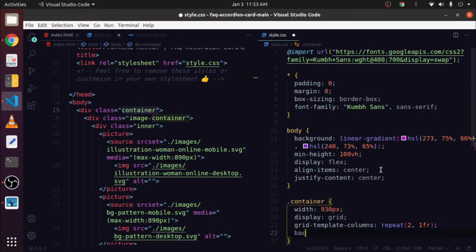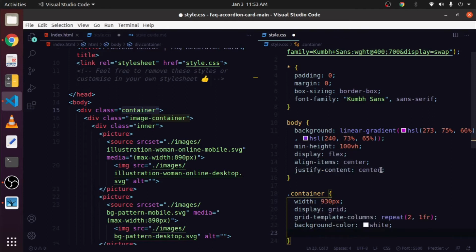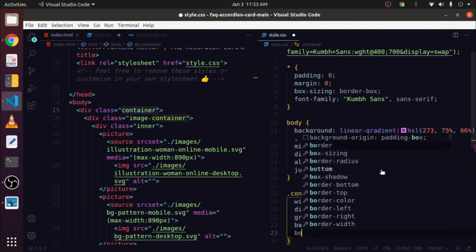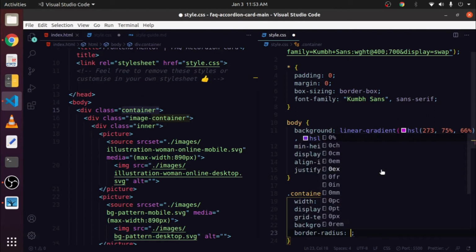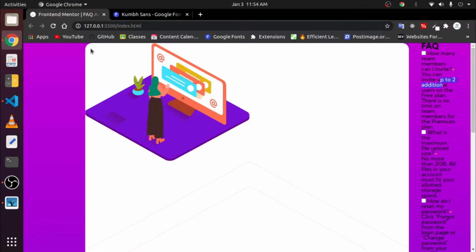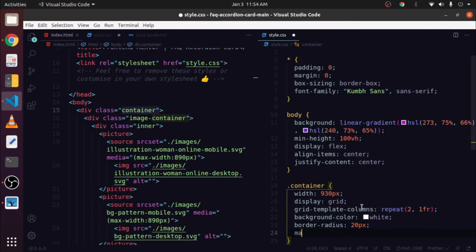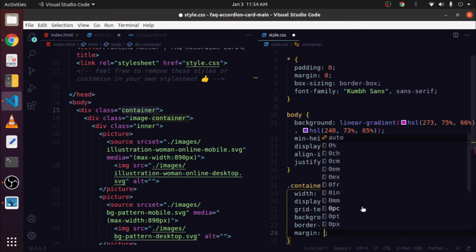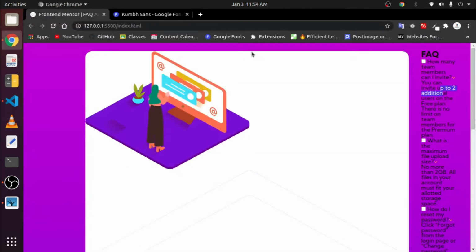After that add background color to white and then give it some border radius to make the corners rounded like this. Now as you can see, a container div has a rounded corner. Now after that add a margin 25 pixels like this.